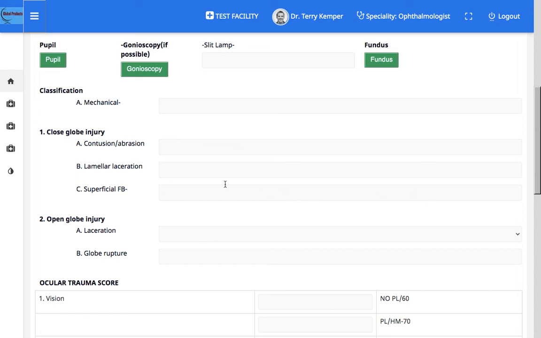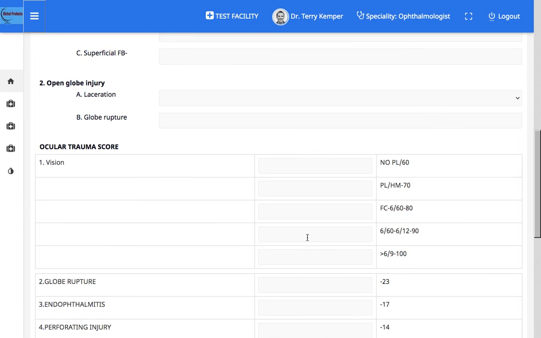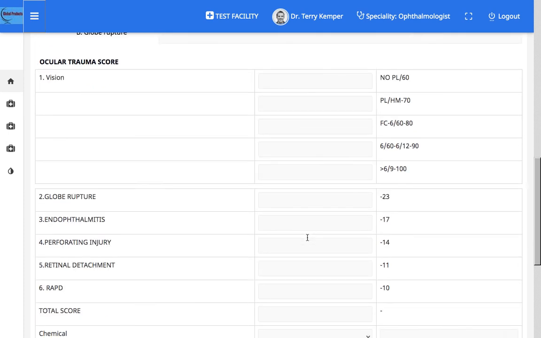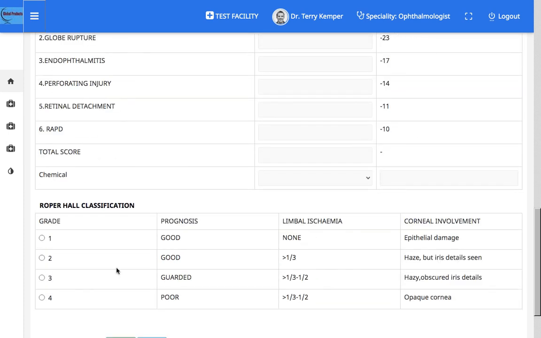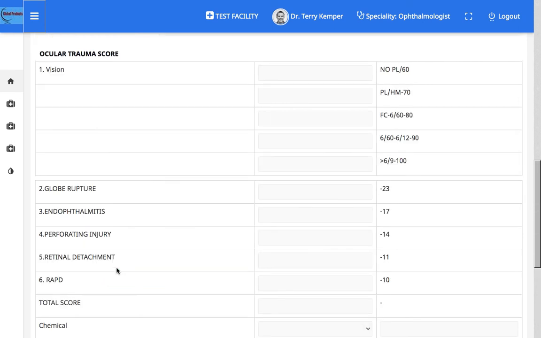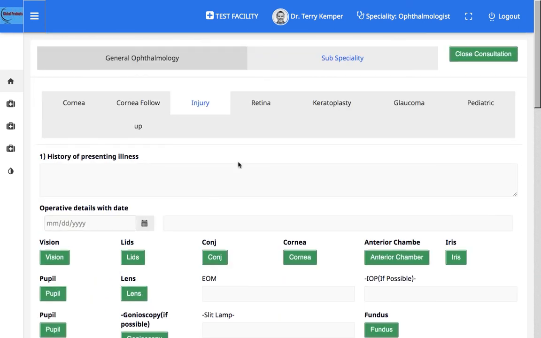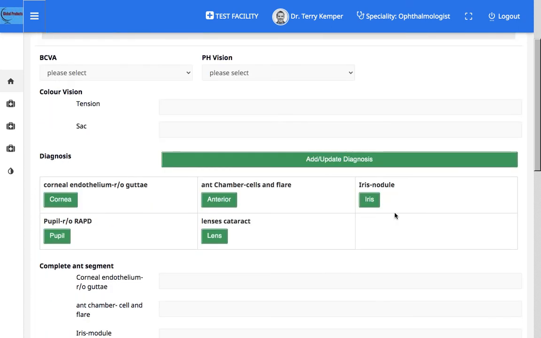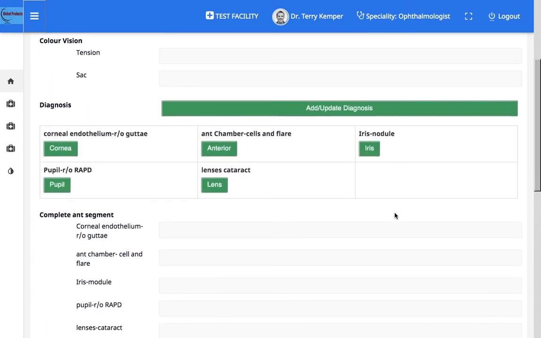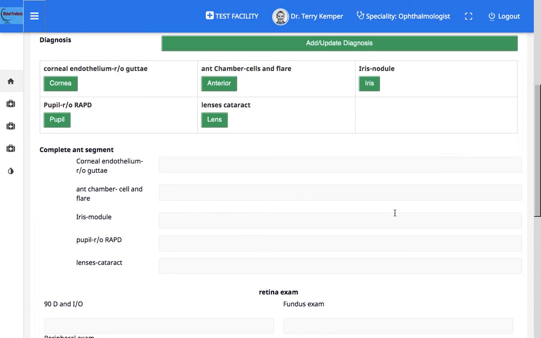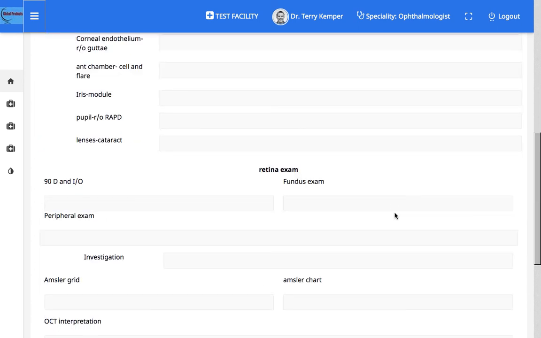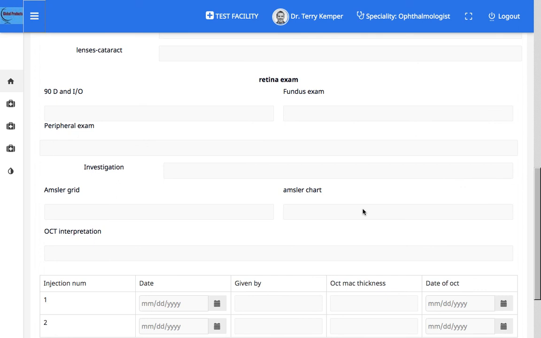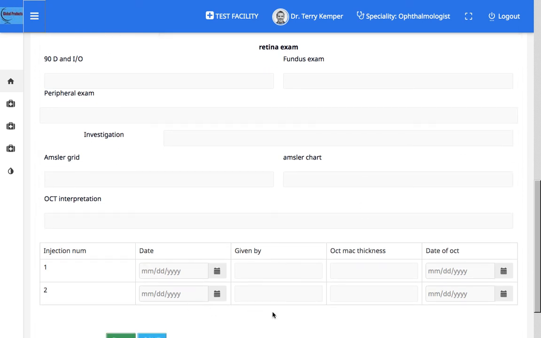So its classification: closed globe injury, open globe injury, the ocular trauma score, Roper Hall classification. Next is the retina subspecialty, color vision, diagnosis, complete anterior segment, retina exam, injection numbers,